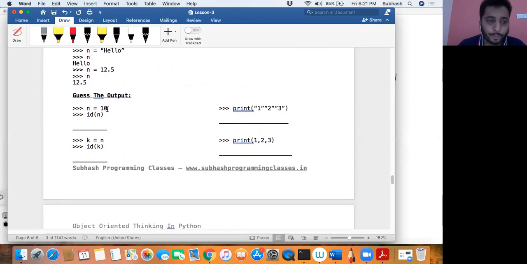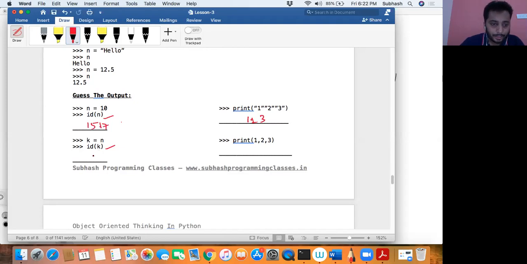So id of n will give you a unique value representing this object, and all these things are practically shown. Print 1 2 3 will give you 1 2 3 as the output. This will give you a unique number, say 1567 or something like that.